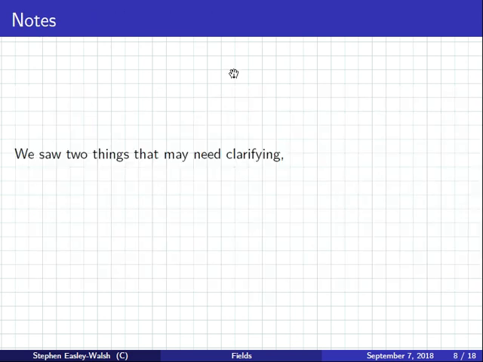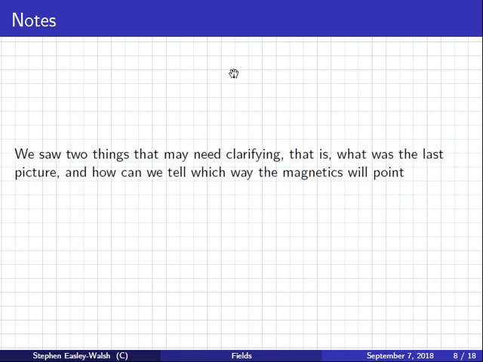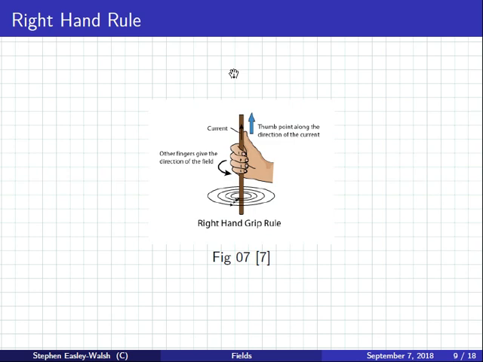Right. So we saw two things that we need to clear up a little bit: the last picture and how we can tell which way magnets will point. This is what I was telling you about earlier. This is called the right-hand grip rule, and this lets you work out which way the current will turn around the magnet. We'll get to that one in a moment as well. The first one is just the grip rule, like this. Okay? The next one now,